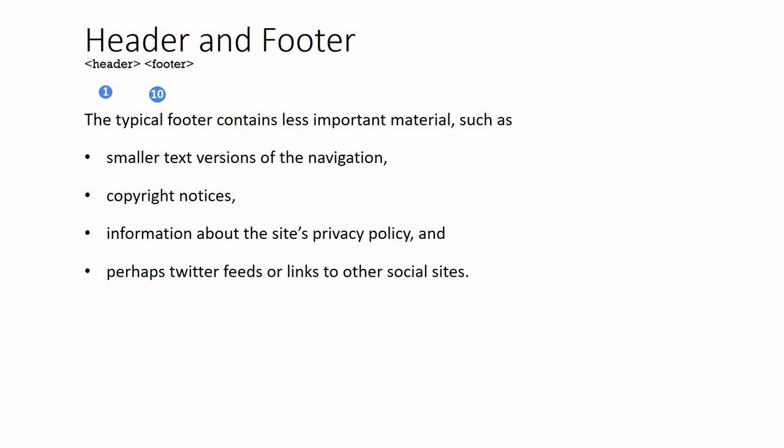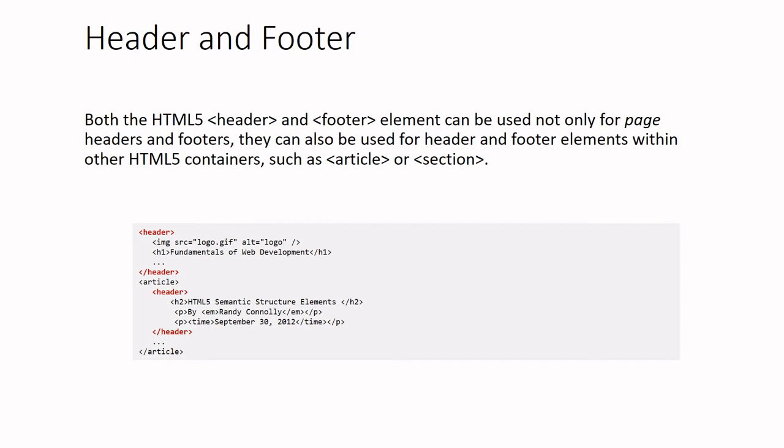And somewhere you can add some social site links also in the footer, either Twitter, Facebook, whatever social sites you want. Okay, so we can add Instagram also, any social media links we can put under the footer. So generally, typically we have to add such kind of information under the footer section of HTML5. So you see here one of the very simple examples of how you can use the HTML5 header and the footer.